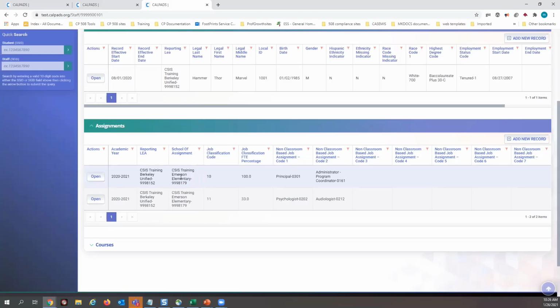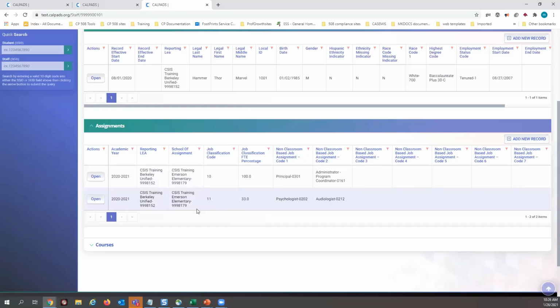If you're reporting a SASS record showing that an admin is doing two non-classroom job-based assignment codes, just report one record, and within that record, report those two non-classroom job-based assignment codes. Do not split this into two records because doing that will trigger an error.